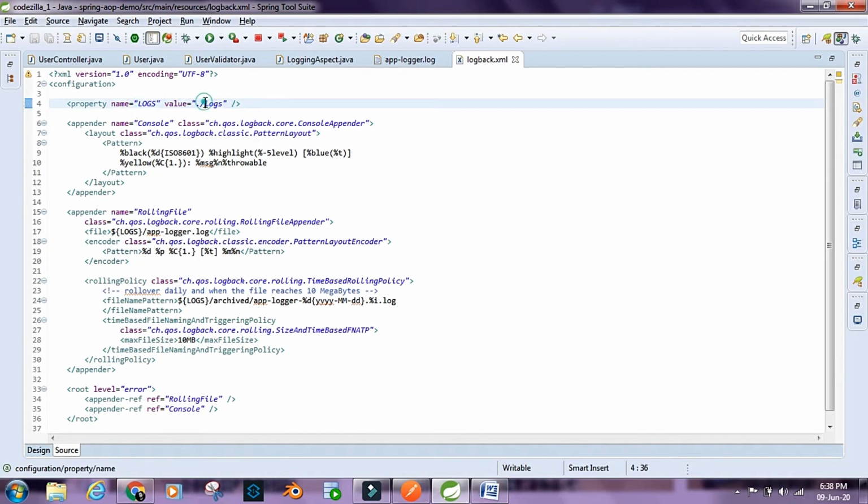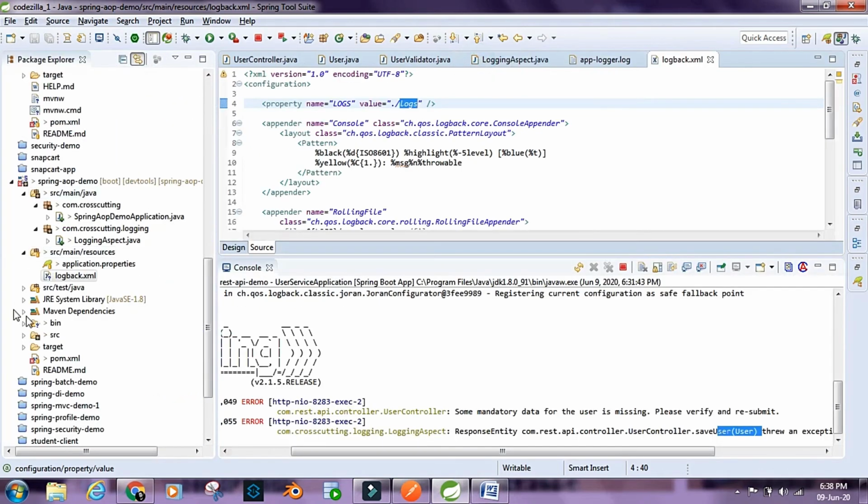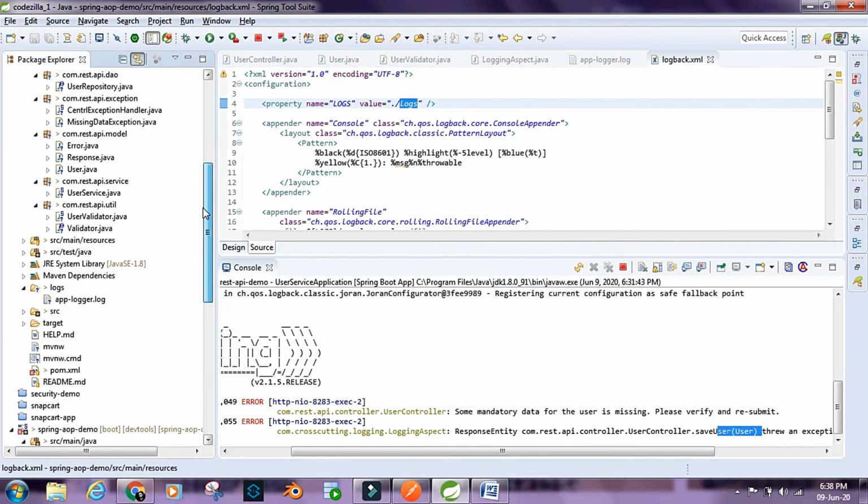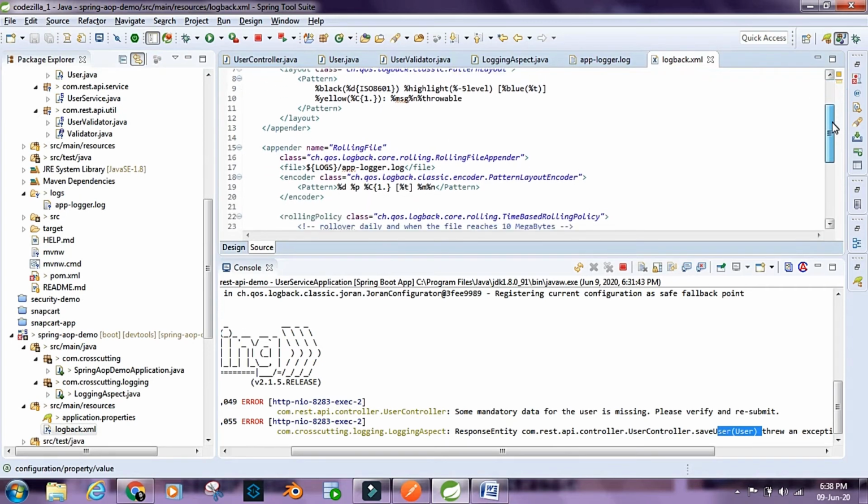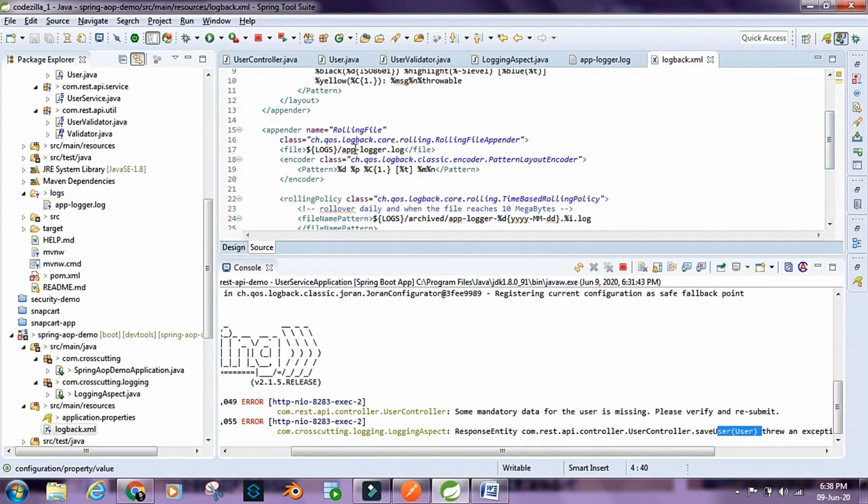So this would create this folder called logs that we can see here inside this project. So we have this logs folder generated here, and after that we have this app logger.log file that we have configured here, and that got generated here inside the logs folder,